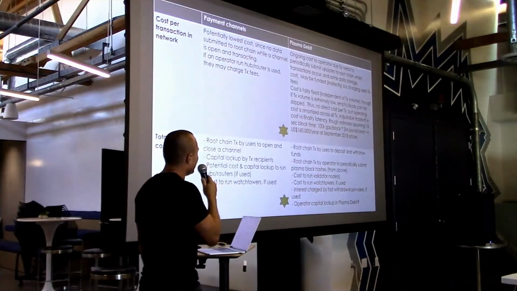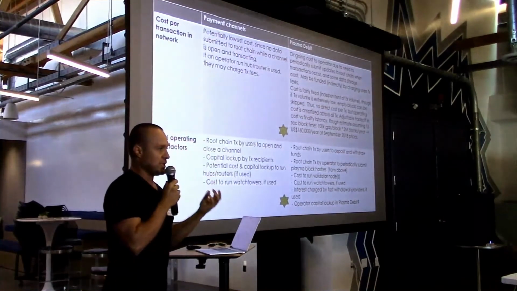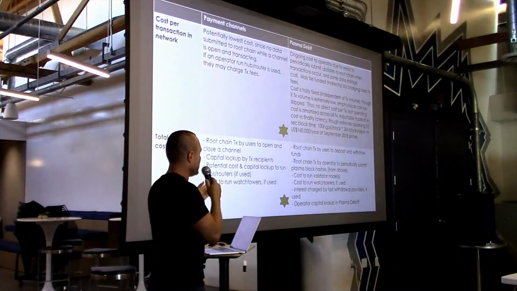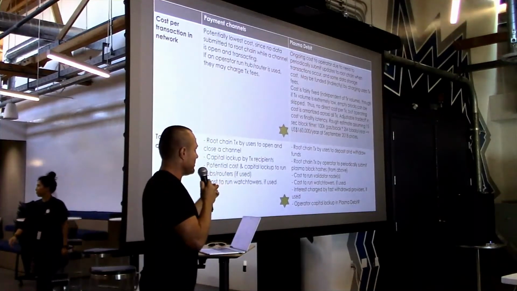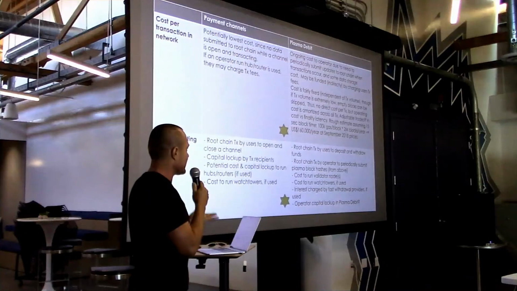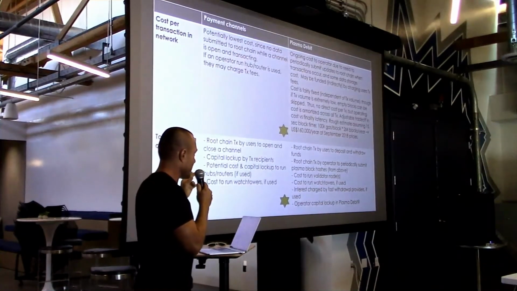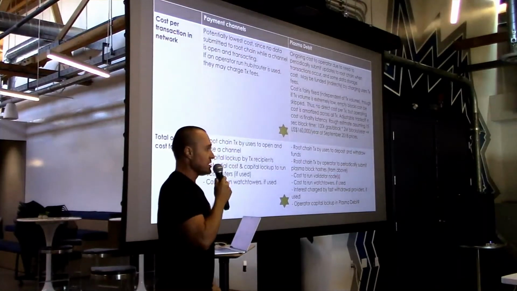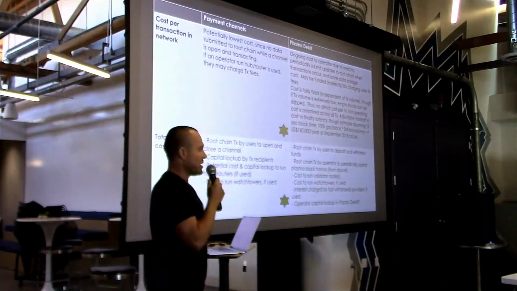The main operating cost for a Plasma Debit chain is the cost of submitting a block to Ethereum every time we finalize Plasma state. Submitting a block to Ethereum costs roughly on the order of 100,000 gas. Let's say you want to submit your Plasma block every 15 seconds. It's going to be about 2 million blocks per year, which is about $160,000 per year at today's prices, which obviously could go up. So Plasma can be pretty expensive to operate.